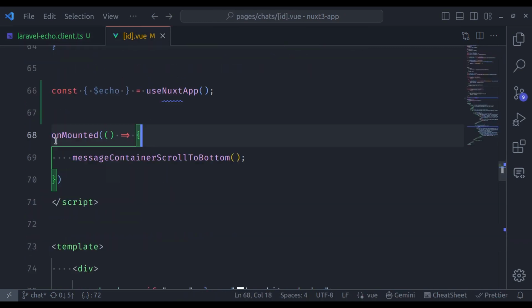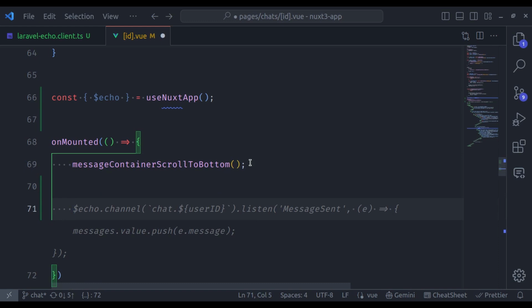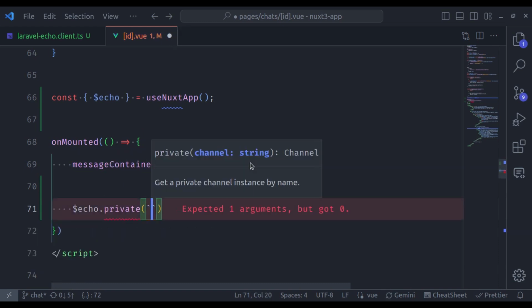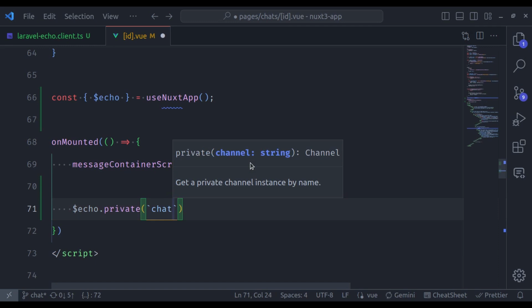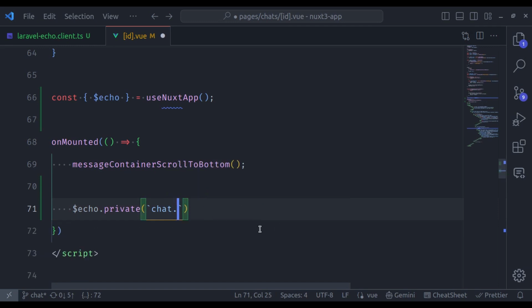This $echo is the instance of Laravel Echo that we set up earlier in the Laravel Echo client right here, this one. Next, in this onMounted lifecycle hook, we will subscribe to the private channel. Once we subscribe to the channel, we will listen for the message sent event. So here I'll say $echo.private and then the channel name. In our case, that is chat dot and then the receiver user ID. In our case, that is the currently logged in user. So here I'll pass current